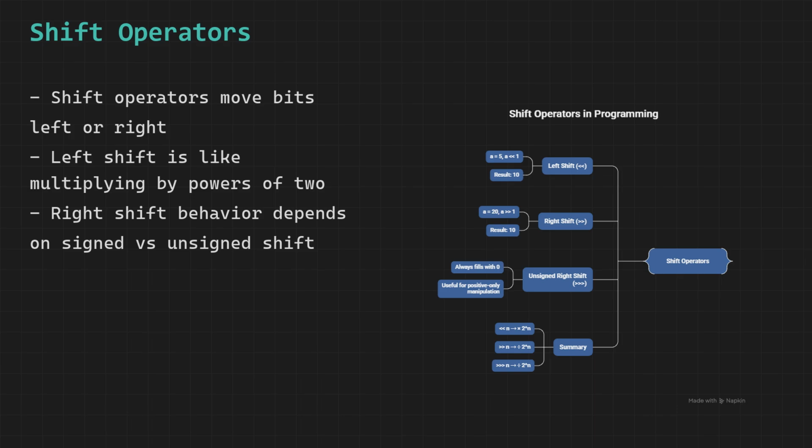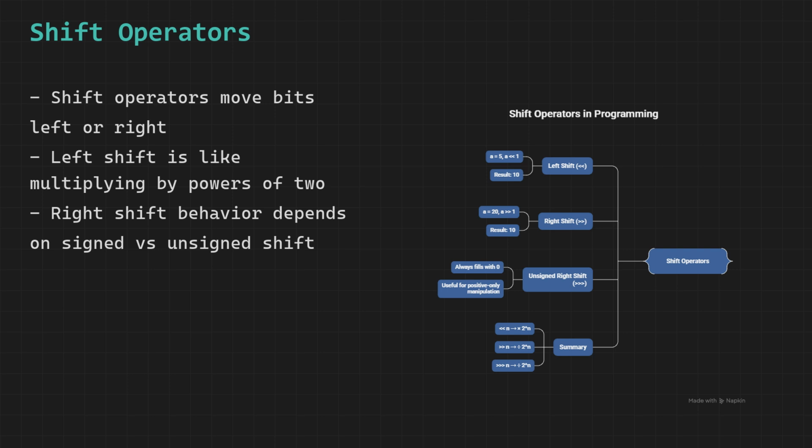Right shift >> moves all bits to the right by n positions. Vacated left positions are filled with the sign bit, which is 0 for positive numbers and 1 for negative numbers. This preserves the sign of the original number. Every right shift by 1 is equivalent to integer division by 2. 20 >> 1 gives 10. 20 >> 2 gives 5. For negative numbers, -8 >> 1 gives -4 correctly because the sign bit is preserved.